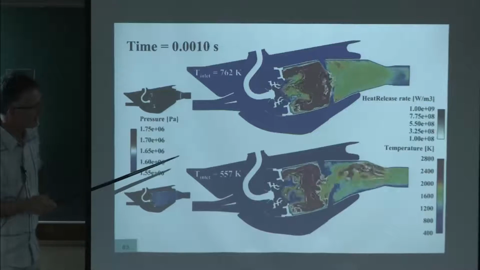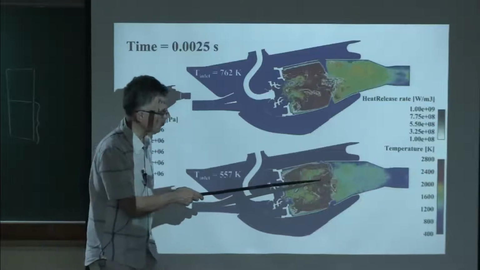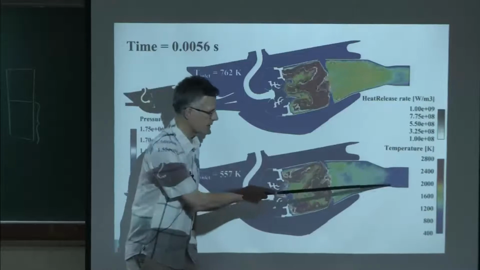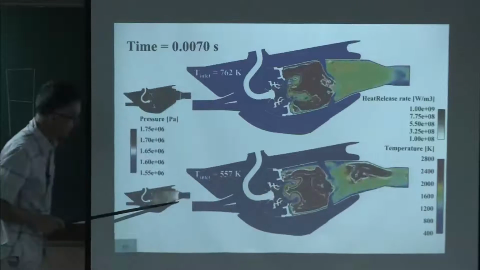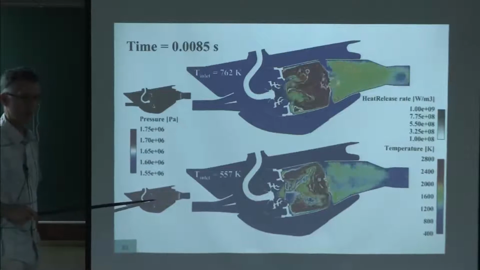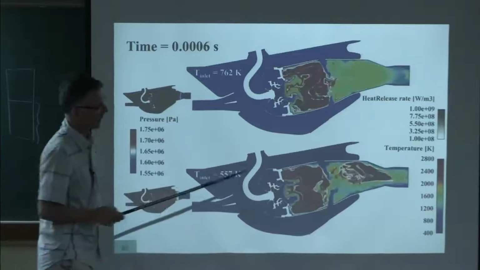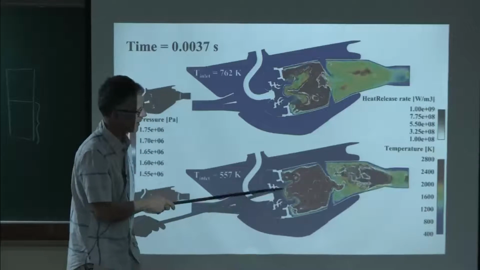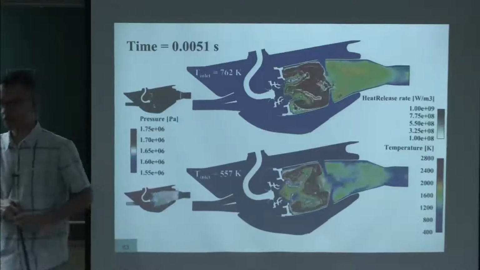So if you look now at what's happening, you really recognize these pockets here, which are entropy waves propagating to the outlet. And when they hit the outlet, look at the pressure, you get a pressure wave coming back. So the mechanism is pretty clear. It's these big pockets hitting the nozzle, sending a reflected wave, and then the whole thing becomes self-sustained.